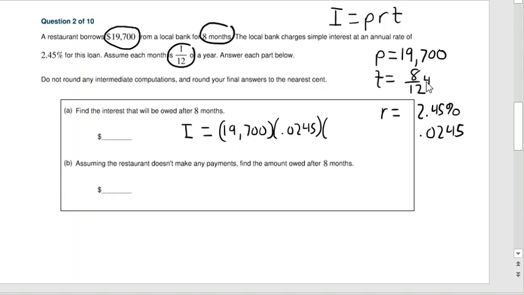If I simplify this fraction, 4 goes into 8 twice, and 4 goes into 12 3 times. So you can either use 8/12 or 2/3. Either of those would work because they're actually the same value. To find the interest owed after 8 months, all we have to do is multiply these 3 numbers together. And that gives us